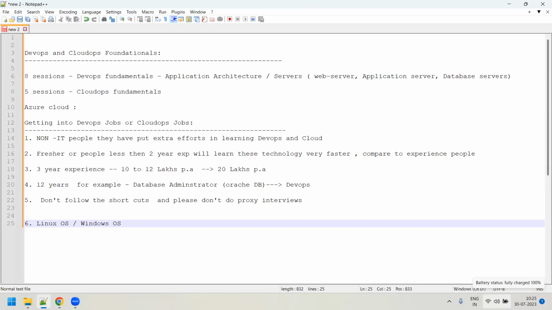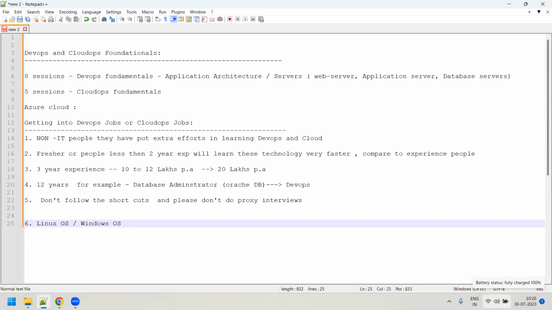I need to have PowerShell scripting knowledge also. I need to learn about all the services provided by Windows, like Active Directory services, and all the basic aspects of Windows I should know. So don't limit yourself by saying I should know Linux only. Windows is also required, because if you get a job, you might land in working on that operating system. So that is the first and most important thing.